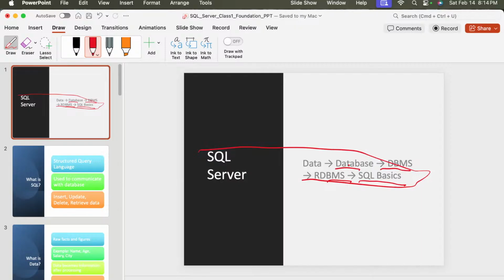What are the data, what are the databases, types of DBMS, what is DBMS, how to work with SQL. So if you have this understanding, you play a really crucial role in the interview, and you are able to crack your interview as well, right? I have mentioned these things in a proper way, so that everything is clear to you guys.